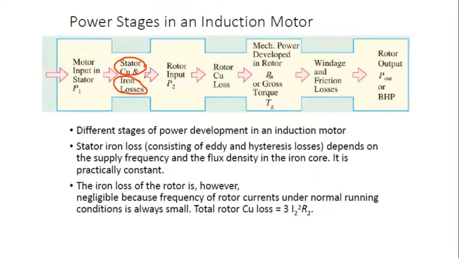And obviously the stator flux is cut to the rotor. Due to the flux linking, there is a current in the rotor that is producing rotor copper losses. Due to the rotor current, there would be rotor copper losses, and the mechanical power is developed at the rotor. Due to the torque, there is a mechanical motion, hence the mechanical losses will impact here and the rotor output. And in this, the iron losses are fixed, whereas copper losses are variable.